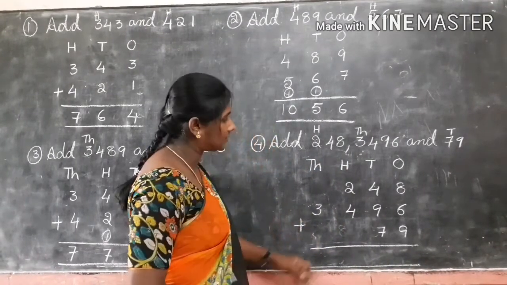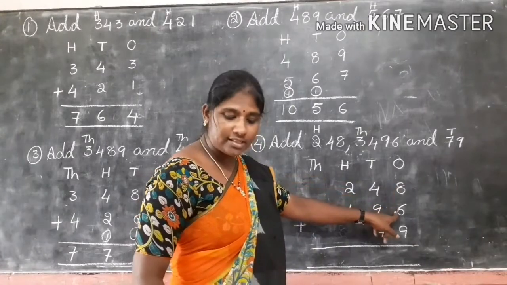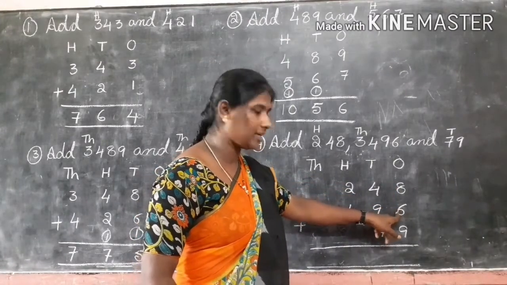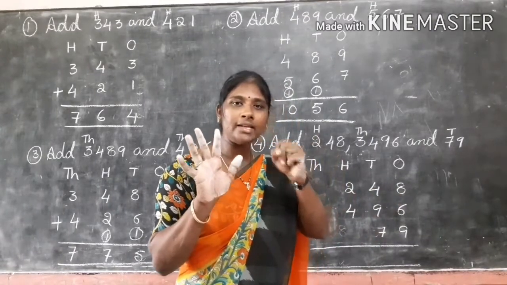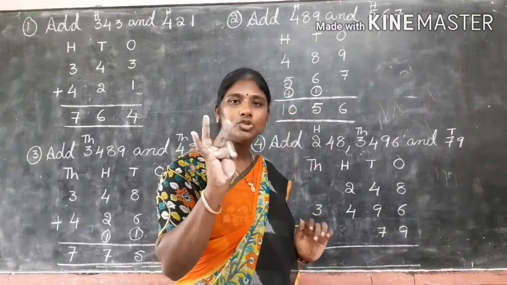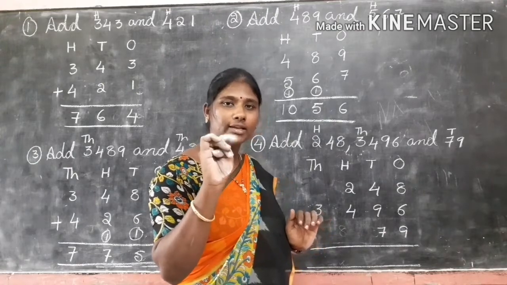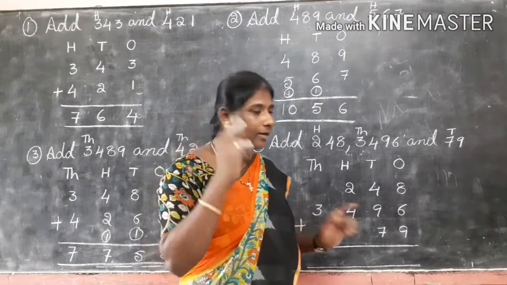Addition symbol plus. First, the middle number, take the fingers. What is the middle number here? 6. Take 6 fingers. Up number 8. 8 after 9, 10, 11, 12, 13, 14. That we get 14. 14, keep it in your mind.